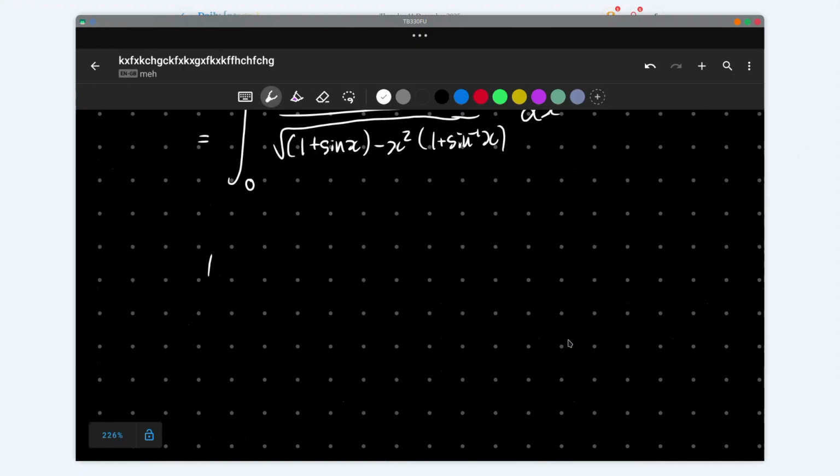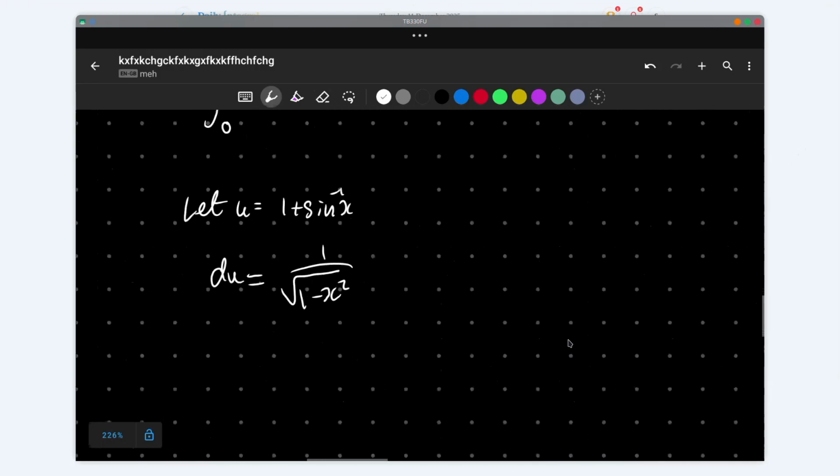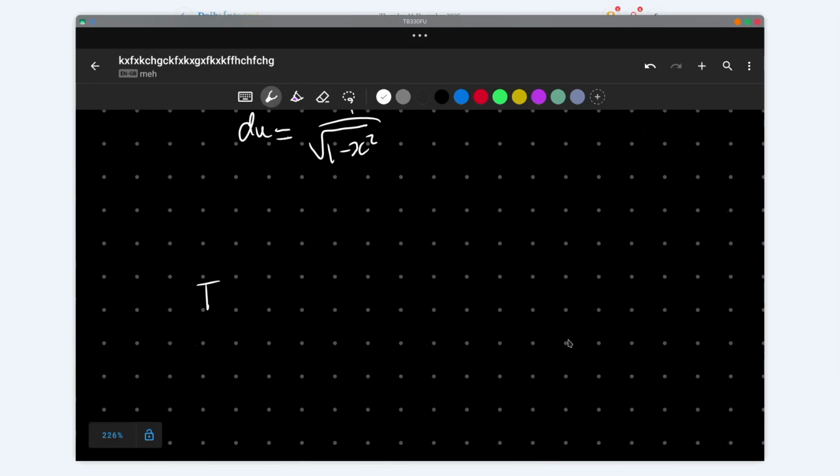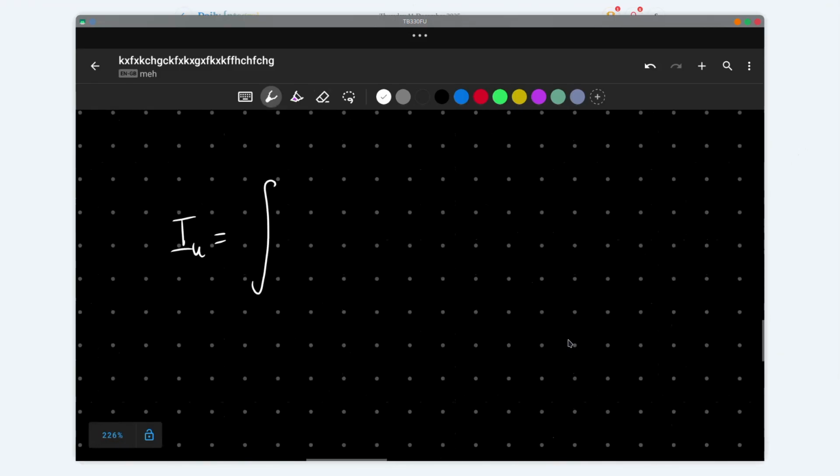You let u equal 1 plus arcsine x, du is equal to 1 over square root of 1 minus x squared. So then I of u, I'm going to leave the limits as a and b, would be